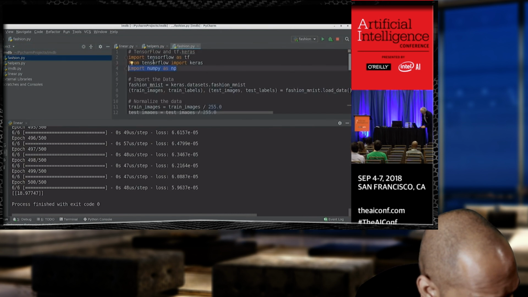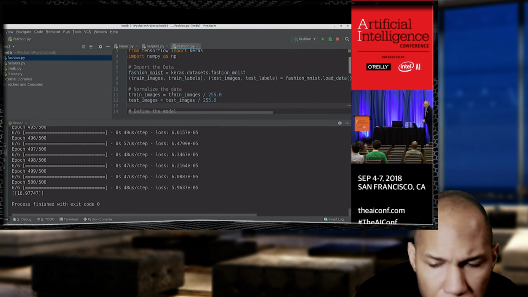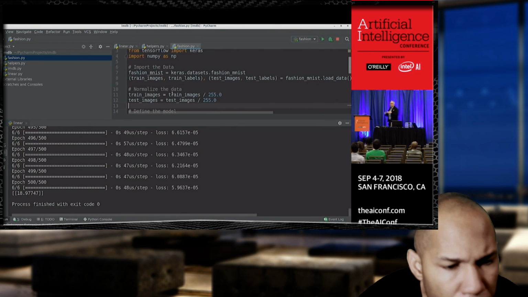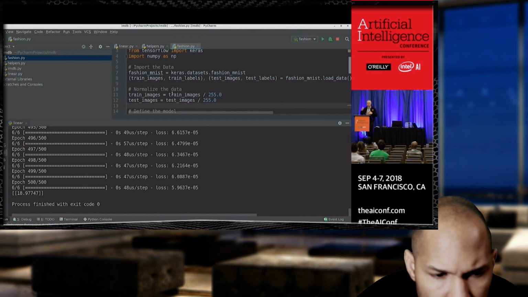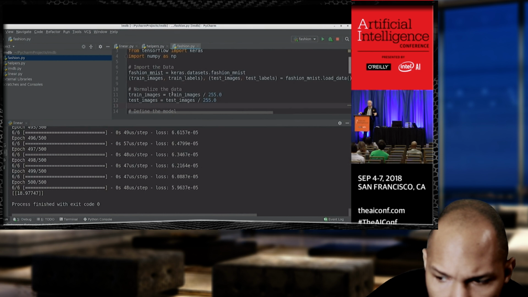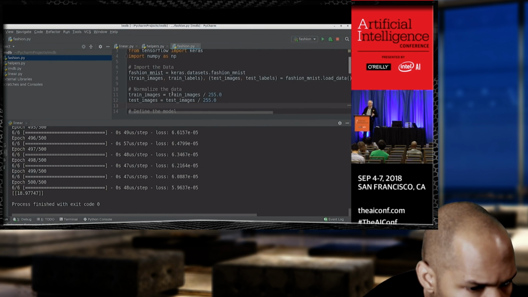So here's the code that I was showing on the earlier slide. This is exactly the same code that was on my slides. I'm just going to go down. There's one thing I've done here that I didn't show on the slides, and that was the images themselves were grayscale, so every pixel was between 0 and 255. For training my neural network, it was just easier for me to normalize that data. So instead of it being from 0 to 255, it's a value from 0 to 1, which is relative to that value. And that's what those two lines of code there do.